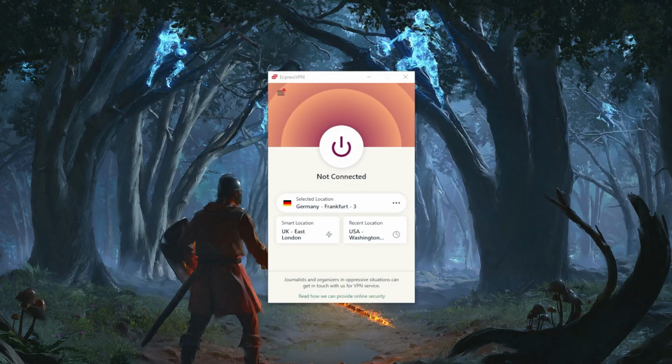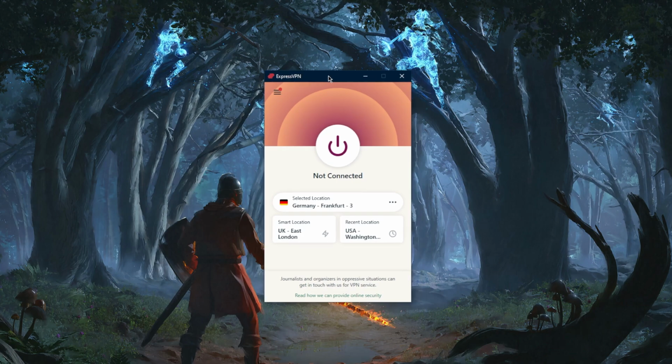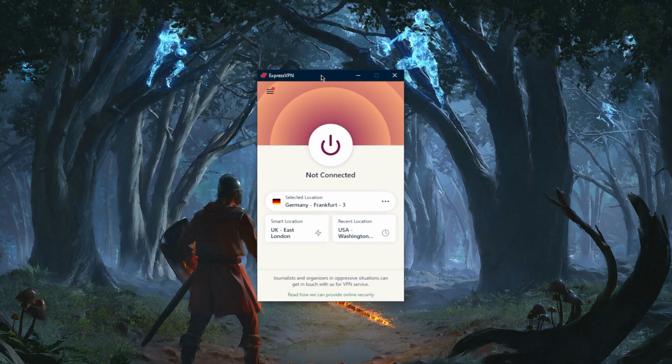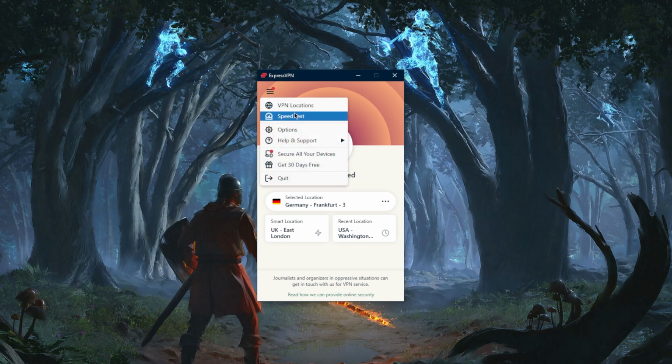So you've just downloaded ExpressVPN, and maybe you're very new to VPNs and you're not exactly sure what's going on here. Well, I'm here to tell you that it's actually quite straightforward. As you can tell, there's an on and off button, and that's almost everything you need to know, except that you do have a list of locations, a speed tester, and some options here, which are very simple to